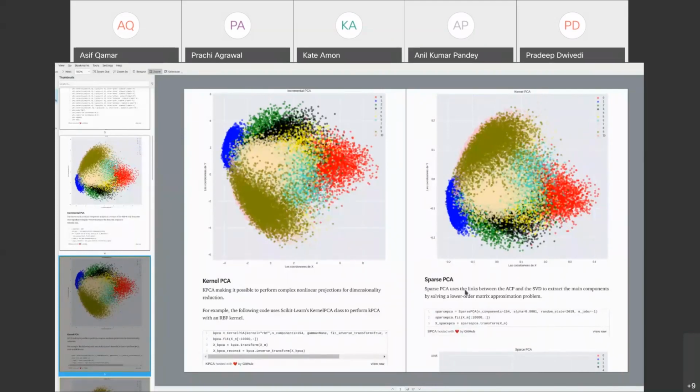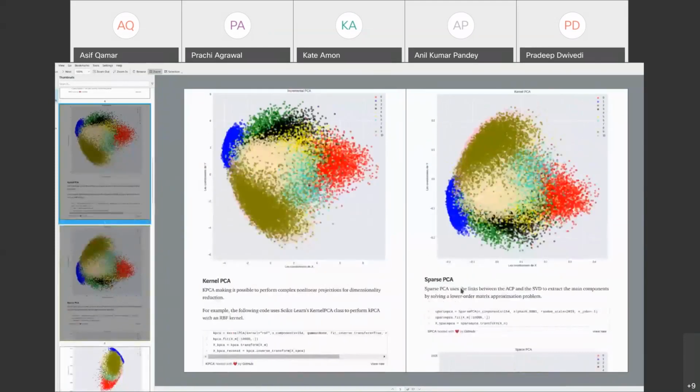Another is called Sparse PCA, which uses a little bit of mathematics you learn in the math of data science. But from the coding perspective, see, here's the thing, guys. If you just understand PCA, you can use fancier methods even before you understand the mathematics behind those methods, because it is just changing one word. Do you notice between kernel PCA and this? All you do is change the word kernel to sparse, and now you're on the go.